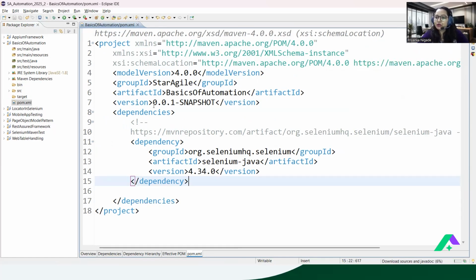But yes, it is important to know the importance of this dependency. If you don't add it, you will not be able to write any automation script. Selenium WebDriver is an API. Technically, it is an interface through which we can interact with and automate the web UI of the application